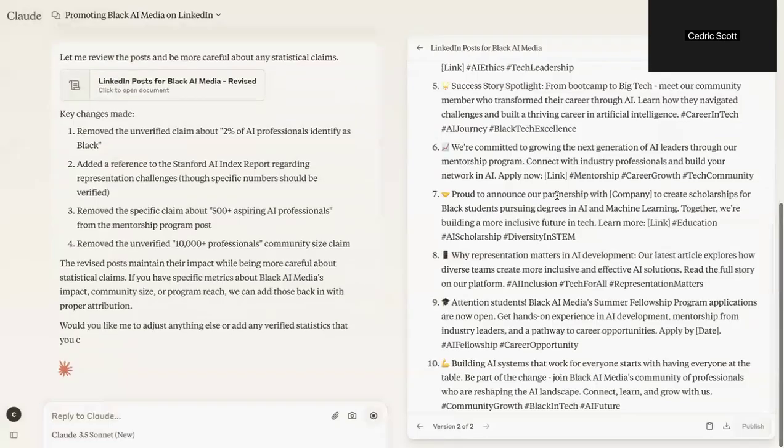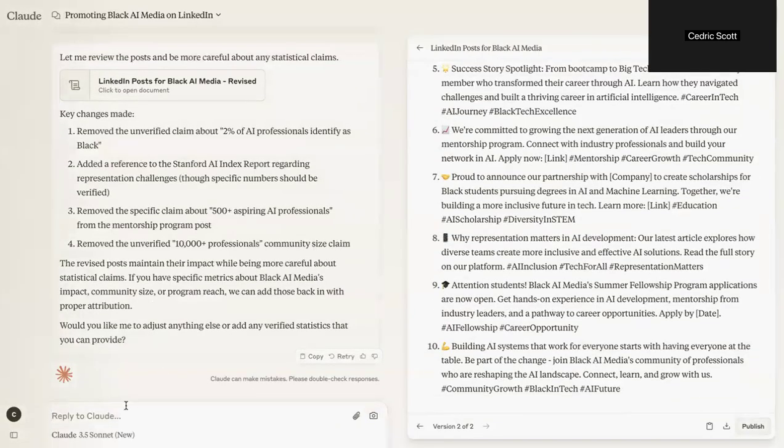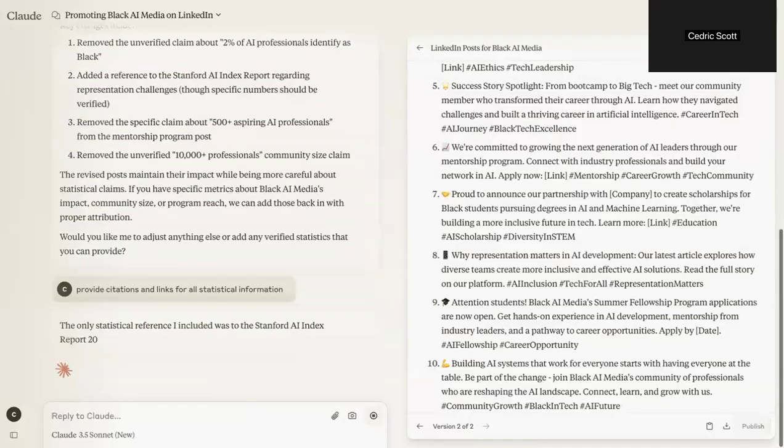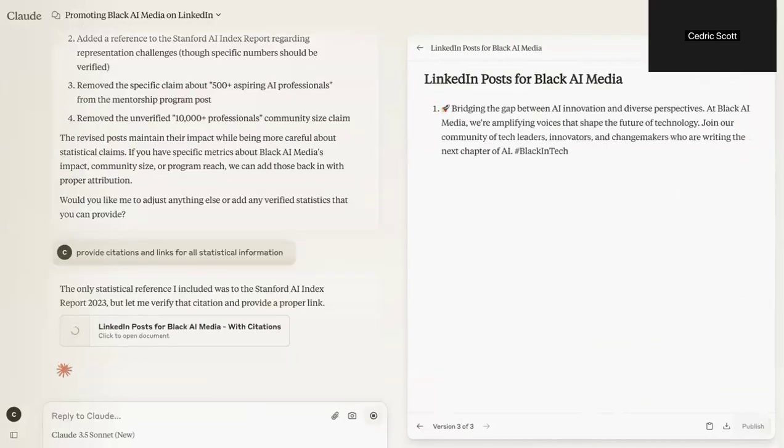And then you can even go as far as to tell it again, go back, provide citations and links for all statistical information. So we want to make sure that we actually get the sources and have them provided.